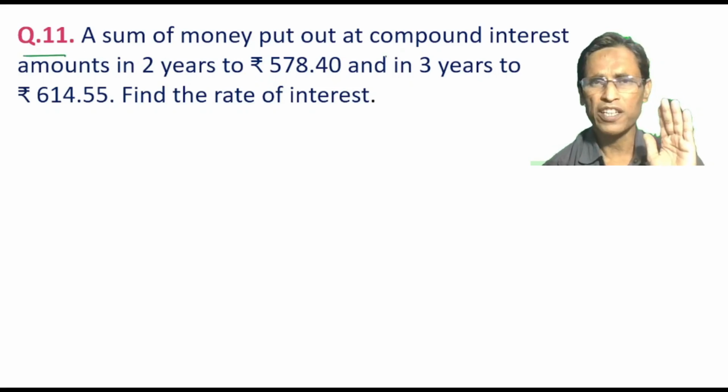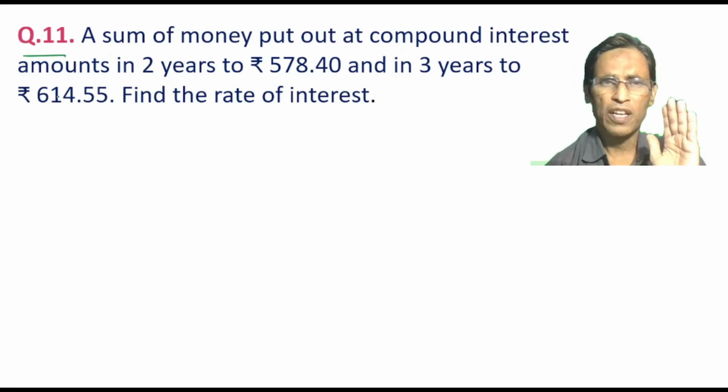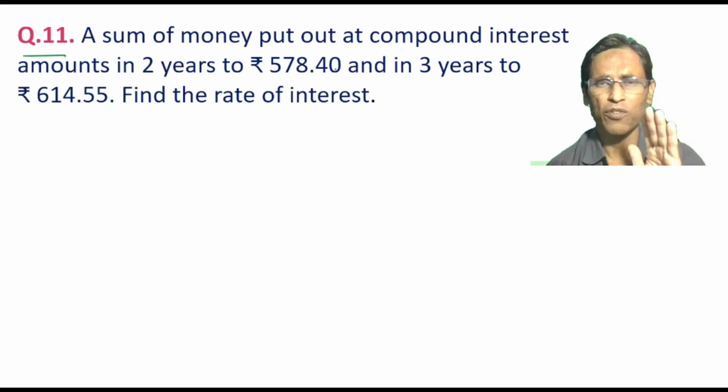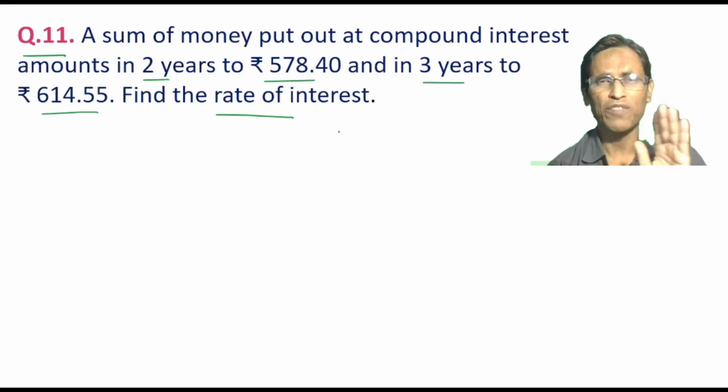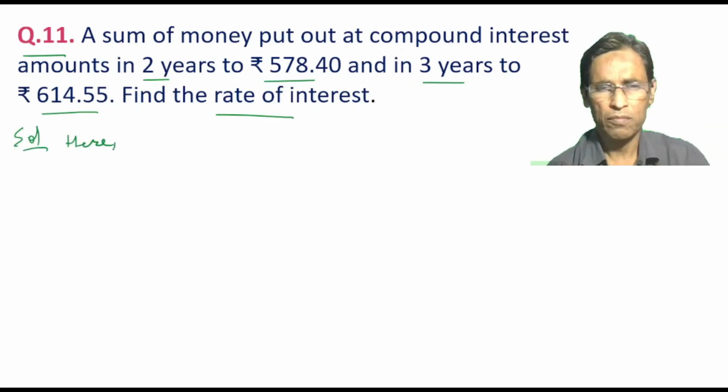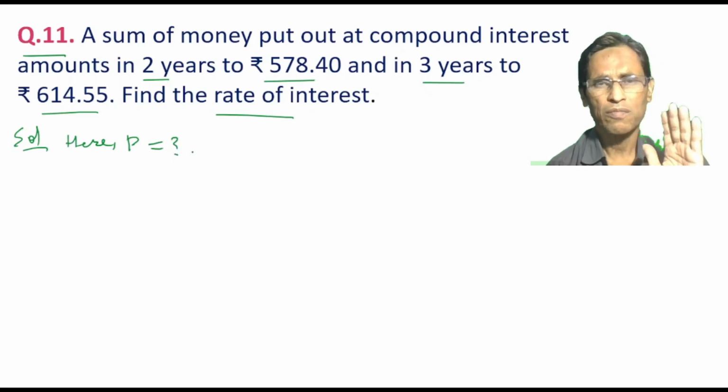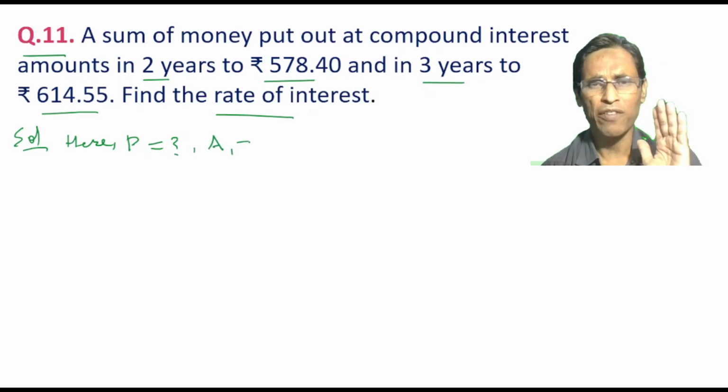A sum of money put out at compound interest amounts in 2 years to rupees 578.40 and in 3 years to rupees 614.55. Find the rate of interest. With the help of this information we proceed like the previous problem. Here P, the principal is unknown, so we assume it as P. The amount 1 means A1 is rupees